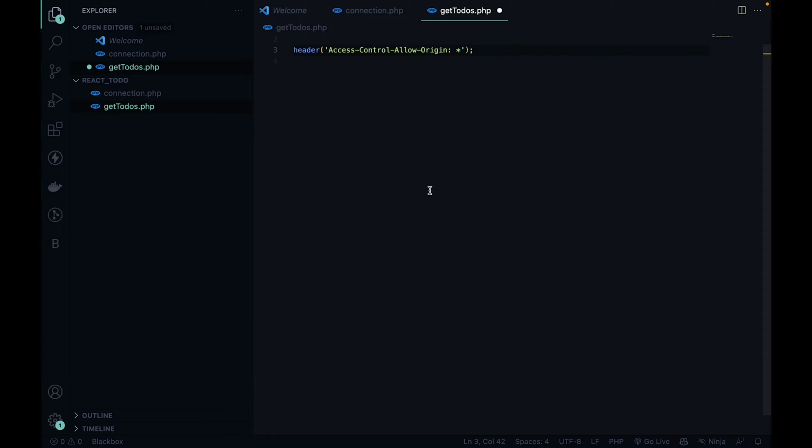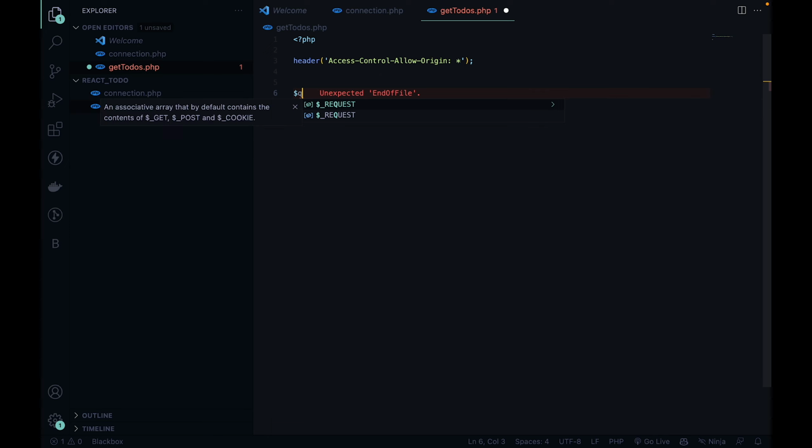So we have this thing. Yeah, so let's create a query to fetch every todos. So that would be, let's do it like this, select asterisk from todos,